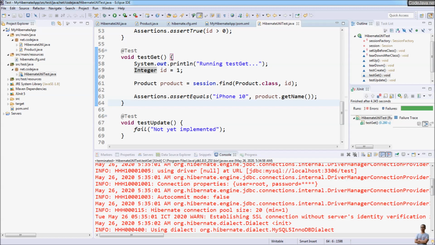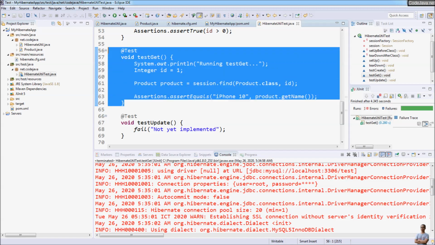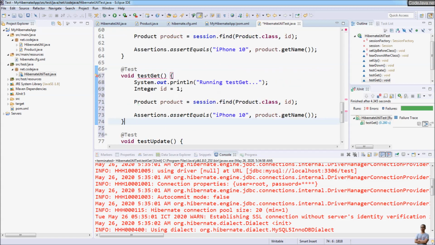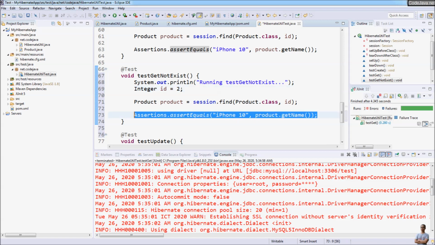So copy this test method and modify a little bit. Test that not exist. Running test that not exist. And this time I want to look for the product with ID 2. This product ID 2 doesn't exist in the database, so I expect that the product object here is